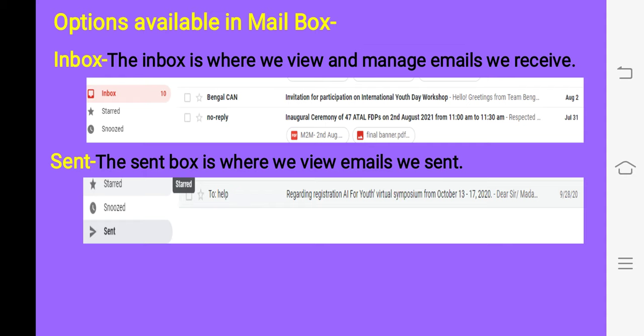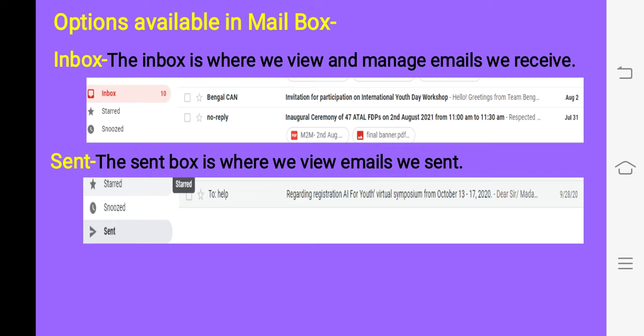And if we like, we can also create our own labels. Suppose we want to keep all the mails coming from seller companies, we can keep them under a label of seller companies. If we want all the buyers' mail to be in one label, we can keep them in one label.